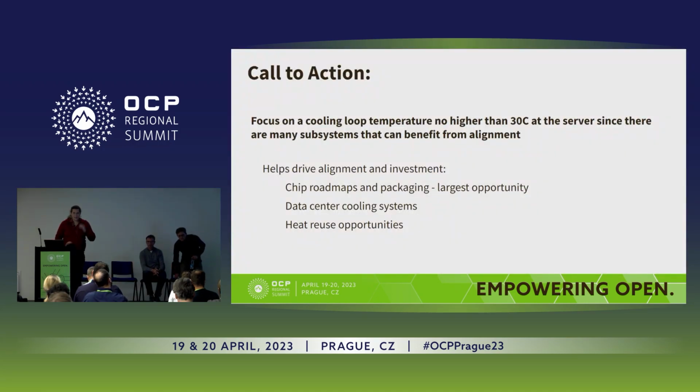All right, and hopefully none of you thought that you were going to escape today without a call to action. So what we're asking you to do is really think about what we're saying here with this call to 30 degrees C at the server, because there are a lot of subsystems that can benefit from this alignment. Chris kind of opened with saying why this is important and talking about some of those benefits. But the chip roadmaps and packaging, we think that's the largest opportunity. But certainly data center cooling subsystems and enhancements to extend this operating point for as long as possible, and even